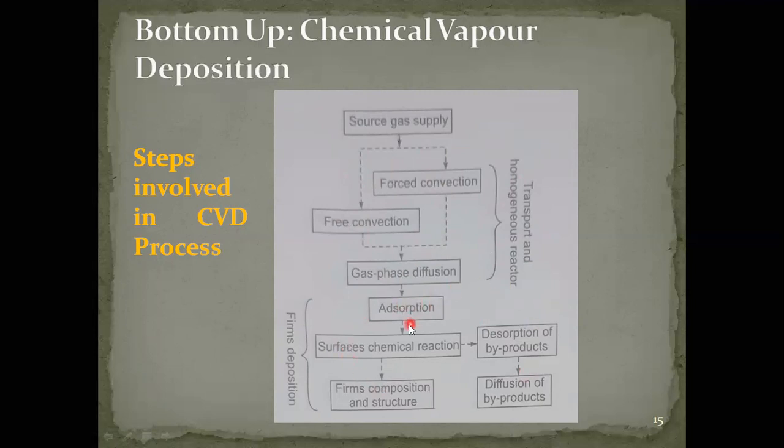This is the deposition process. What happens? First one is adsorption. Suppose it gets adsorbed, it has a chemical reaction with the substrate, then finally the structure or the nanomaterial is formed. Then there is desorption, which means when it hits the target surface, that is the substrate, it reacts, and finally desorption. Desorption means getting away from the substrate, and there is also diffusion of byproducts. After desorption, they diffuse from one region to another and finally get out of the exit. These are the steps involved in the CVD process.